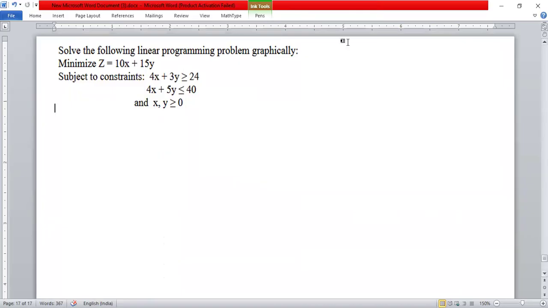Ready? Solve LPP graphically. This is also minimization. Minimize Z is equal to 10x plus 15y, subject to constraints: 4x plus 3y greater than or equal to 24, and 4x plus 5y lesser than or equal to 40, and x comma y greater than or equal to 0. So 1, 2, 3. So from 2,